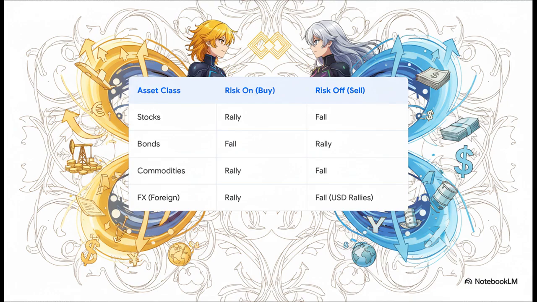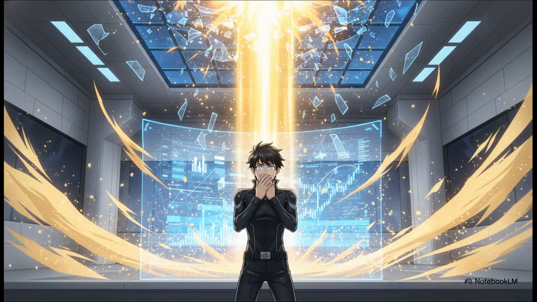So for example, if you see the S&P 500 screaming higher and bonds are getting crushed, that is a huge green light for risk on. It should give you way more confidence to look for a long on something like EUR/USD because the entire market is confirming that appetite for risk. When you see this alignment, the market is sending you an unmistakable message. And the reward for actually listening to that message?